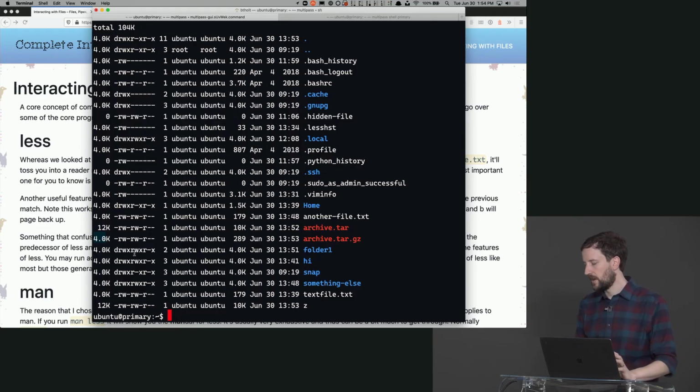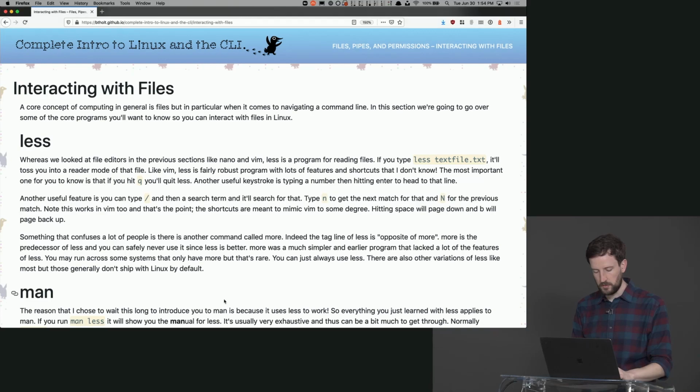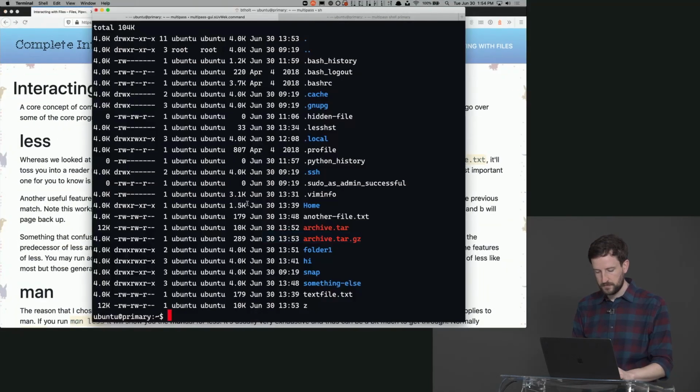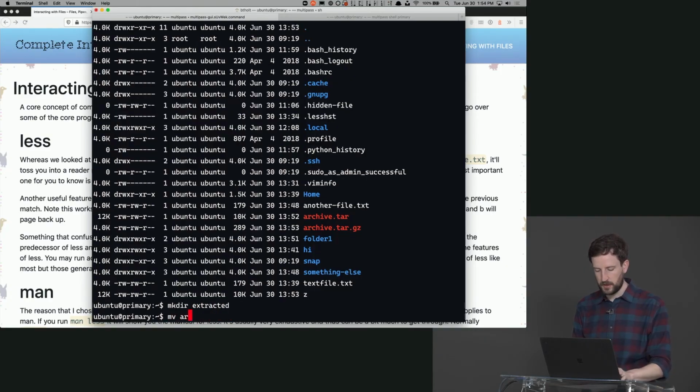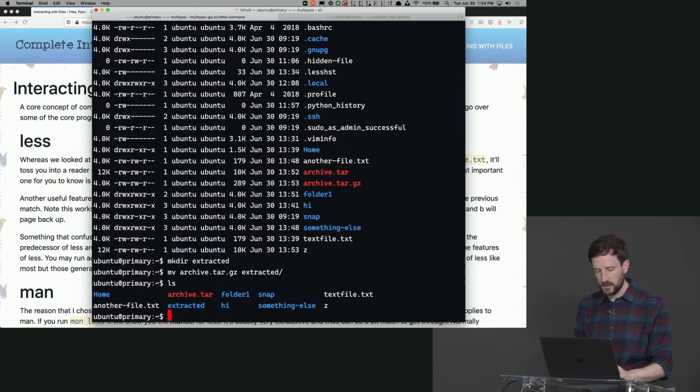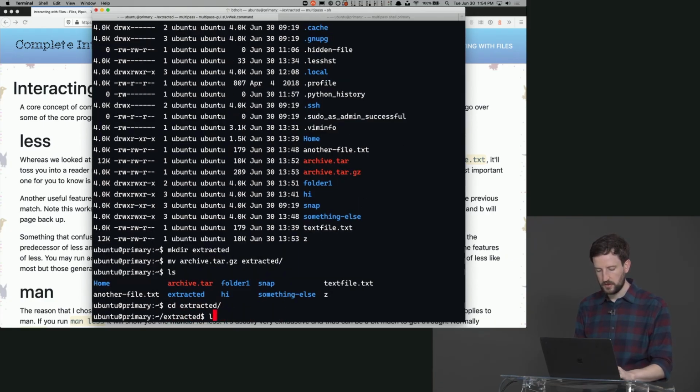So in other words, as you can see here, I can never remember all the flags and what order they're supposed to go in for tar, so I always have to look this up. But now I have this tar file, and I can extract it whenever I want. So I'm going to make a directory here, extracted, and I'm going to move my archive.gz into extracted. Okay, so now I'm going to go into extracted,